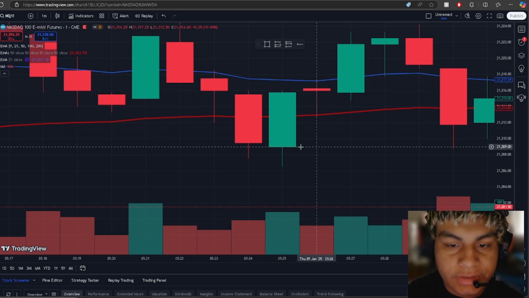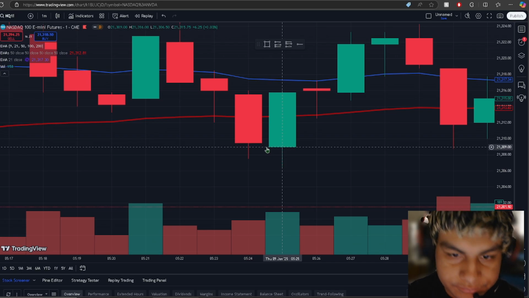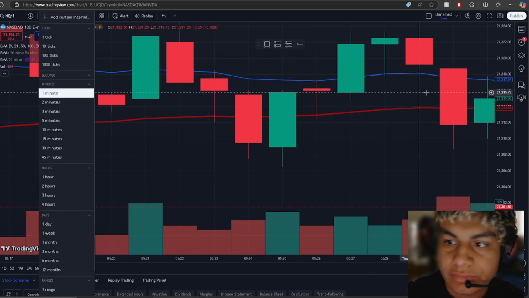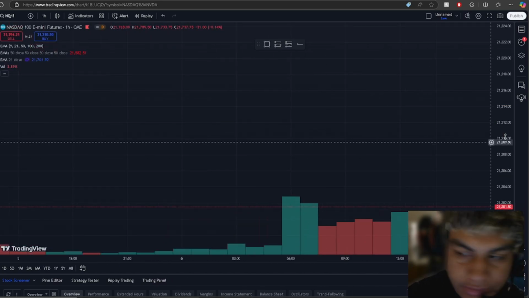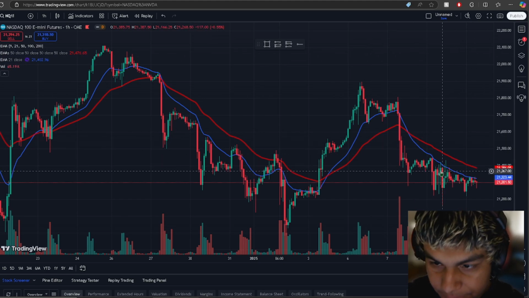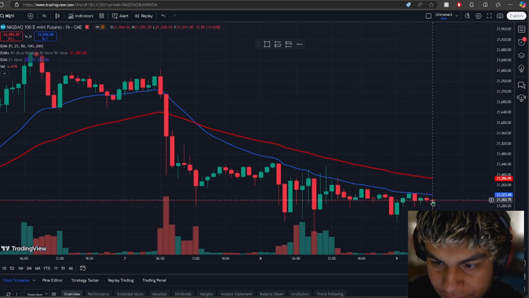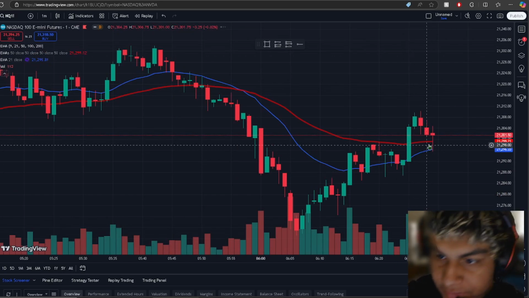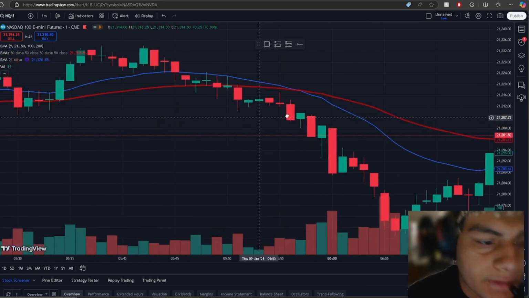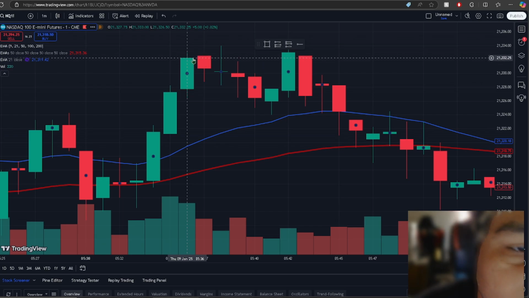So the body of a green candle, the bottom of the body is where it opened. This is the opening price of the candle. And every candle, right now we're on the 1 minute chart, so that means every candle took 1 minute to form. So if we go on the 1 hour, that means every candle you see took 1 hour to form. So if you just go 1, 2, 3, 4, 5, 6, 7, 8, this took 8 hours to form. But if we go back on the 1 minute, 1, 2, 3, 4, 5, 6, 7, 8, these took 8 minutes to form. So right here, this is the open, and the top of the green is the close of